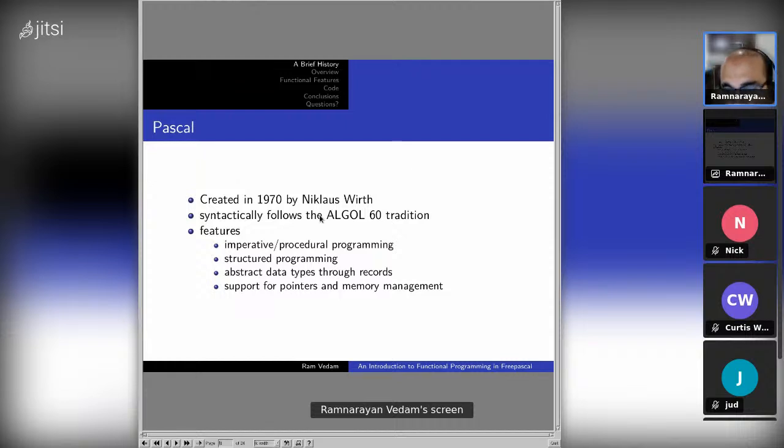He was actually a member of the Algol 60 committee, and was part of the Algol tradition and was involved in syntax. He also invented some other languages prior to Pascal. Well, not Algol 68, Algol W, which was a simplification of Algol 60, and its innovations and inspirations ended up going into original Pascal.